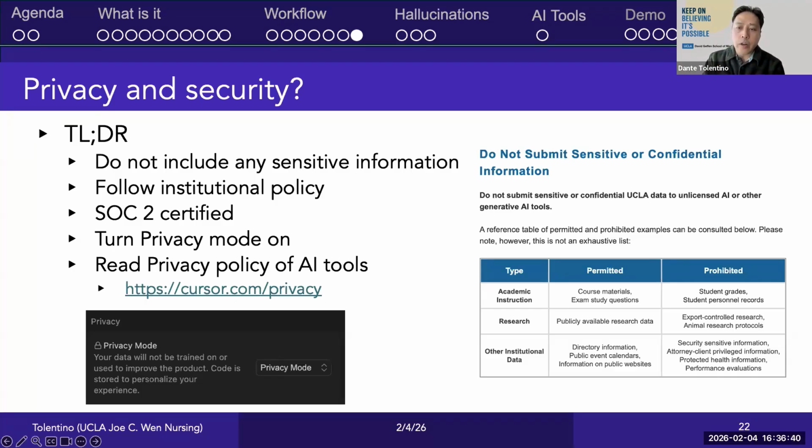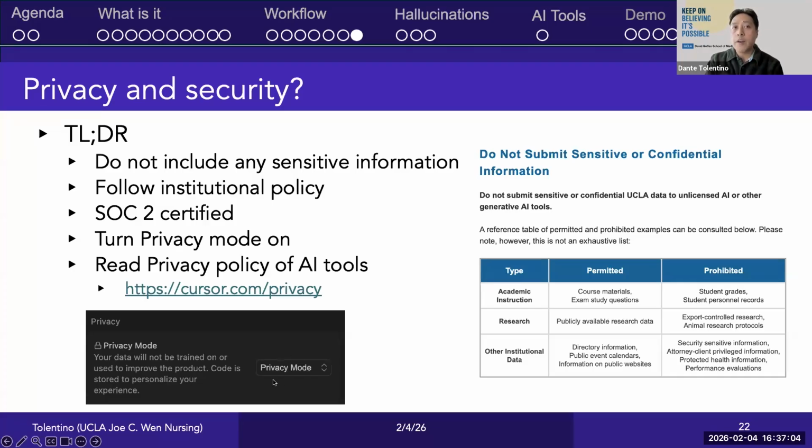And then check if you can turn on privacy mode so that after you are done, it removes all the data for you. It won't use the data that you use to engage with that Gen AI for training. So for example, in Cursor, which is an AI tool that's used a lot in vibe coding, you can actually turn on privacy mode.